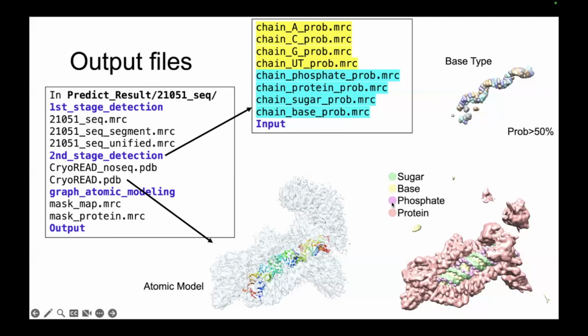Then these magenta colored positions are predicted as phosphate. So these second stage detections provide a lot of information about the DNA and RNA structures. Then also the CryoRead.pdb. This is the final model after the all-atom modeling and the refinement by Phoenix. It will show these all-atom structures.